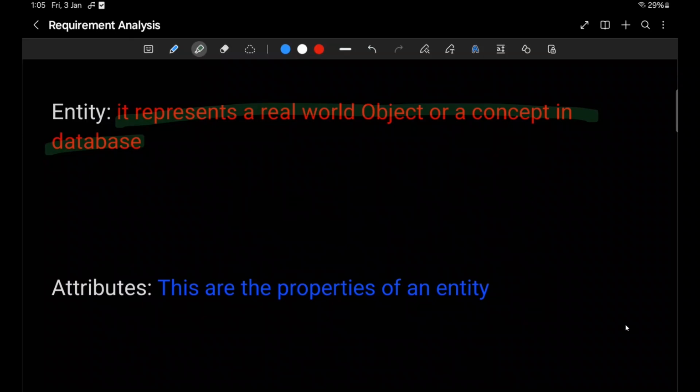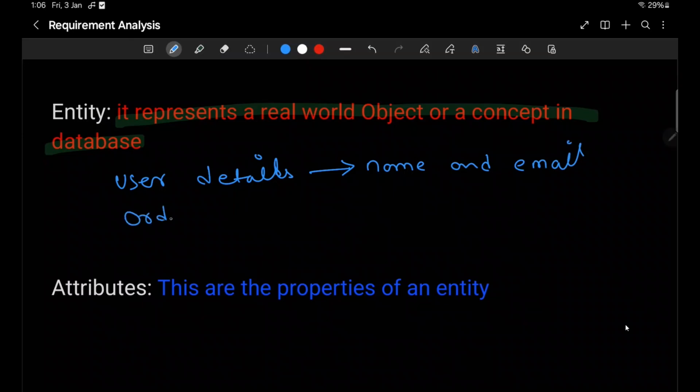For instance, we need to store user details like name and email, and order details like date when the order was placed and the amount of the order.